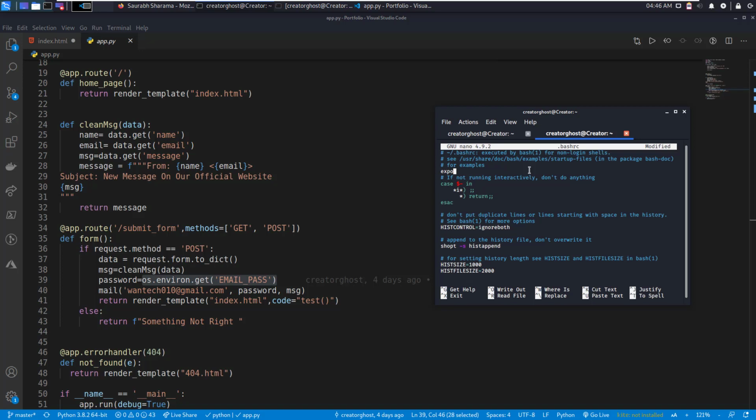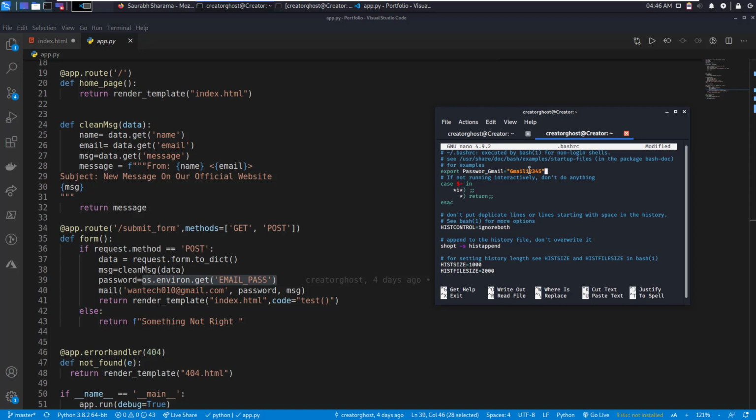You have to just write this export command. This is basically going to make an environment variable, and you can write any variable name, just like the variable name or identifier we have in any other programming language, like A, B, C. But here we are going to use this for a password, so we can say password underscore Gmail, and then we can write Gmail 1 2 3 4 5.